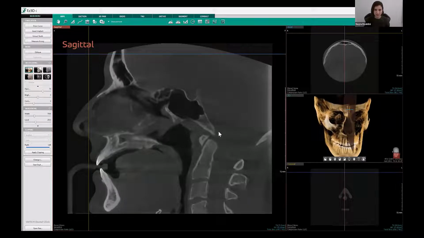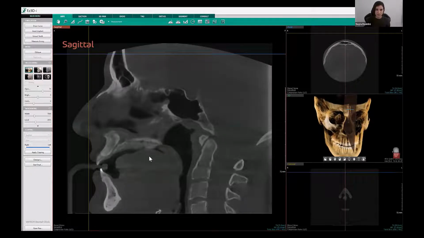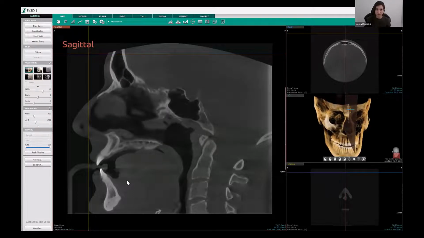Sphenoid sinus, as we mentioned, the clivus. This is the odontoid process of C2. So this is C2, this is C1, 3, 4. And we look at the hard palate. This is the torus that we previously saw on a coronal view. And so we are here in the nasal cavity. Let's look at the incisive canal. We can also make sure there is no pathology there or enlargements on a sagittal view. The patient is biting on the bite stick right there. Foramen magnum, occipital bone right there. Let's scroll